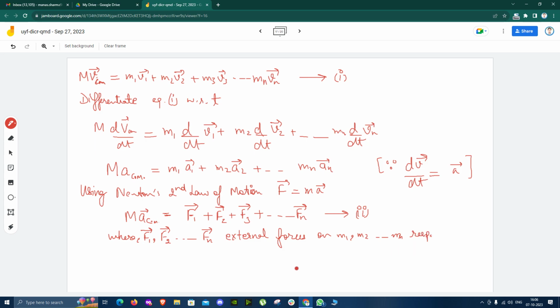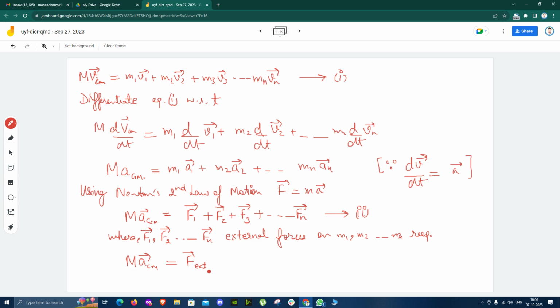So equation 2, how can we write equation 2 then? We can write equation 2 as: if you add all the external forces acting on the individual particles, that will be equal to the total external force. So M a_cm will be equal to F external,